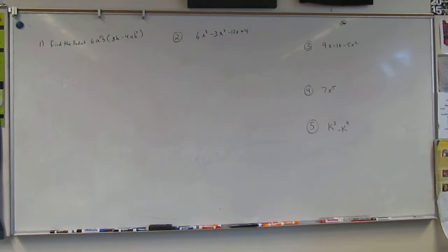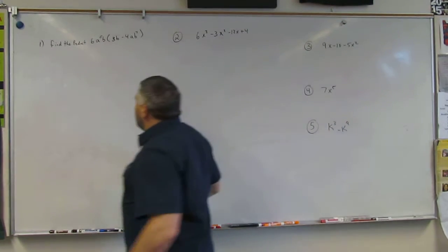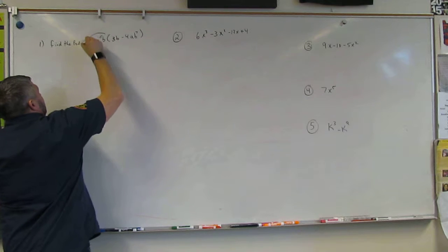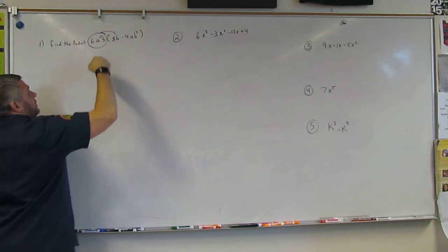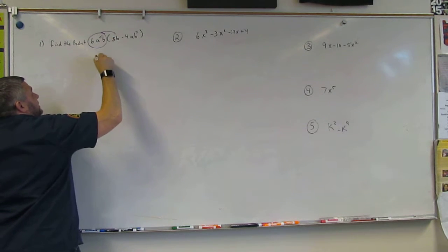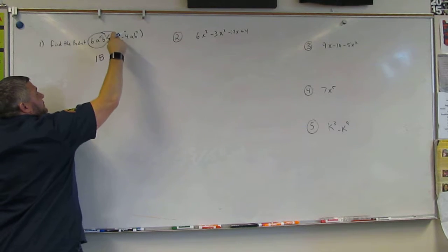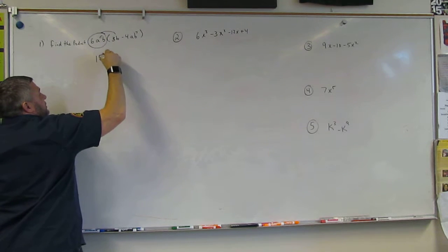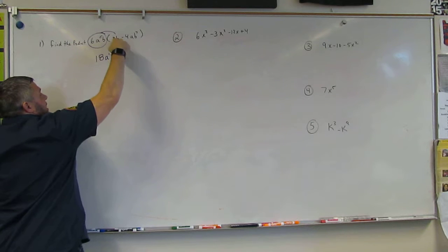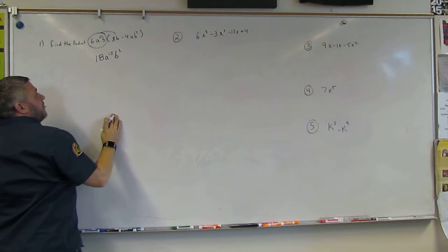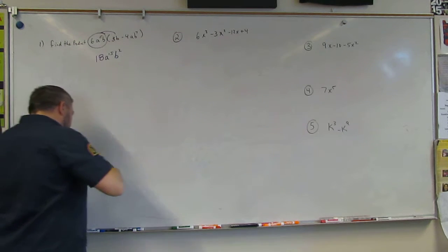All right, number 1, find the product. In other words, we're taking this and we're multiplying it through. 6 times 3 is 18. A to the 15, there's no A in there, so it's A to the 15. B times B is B squared. Okay, and then we're going to do